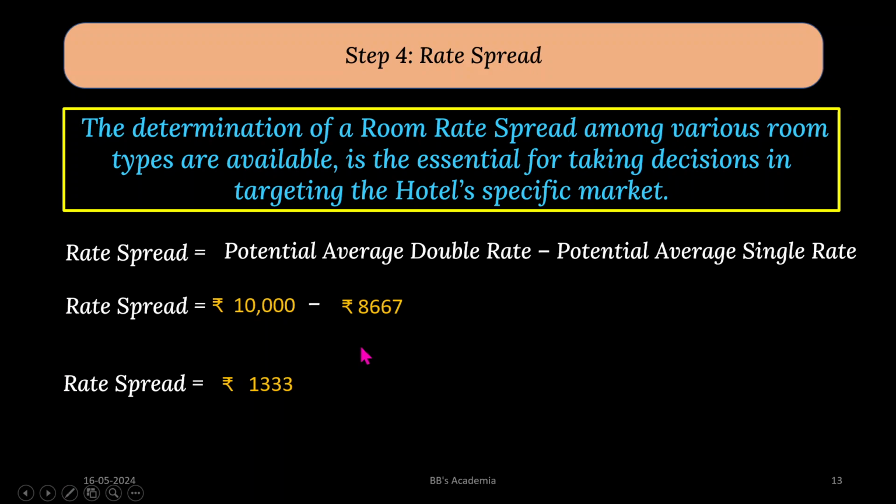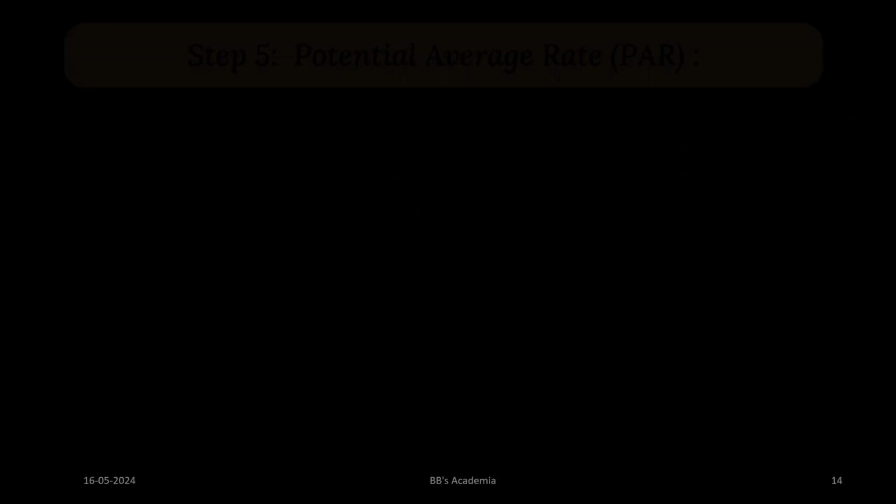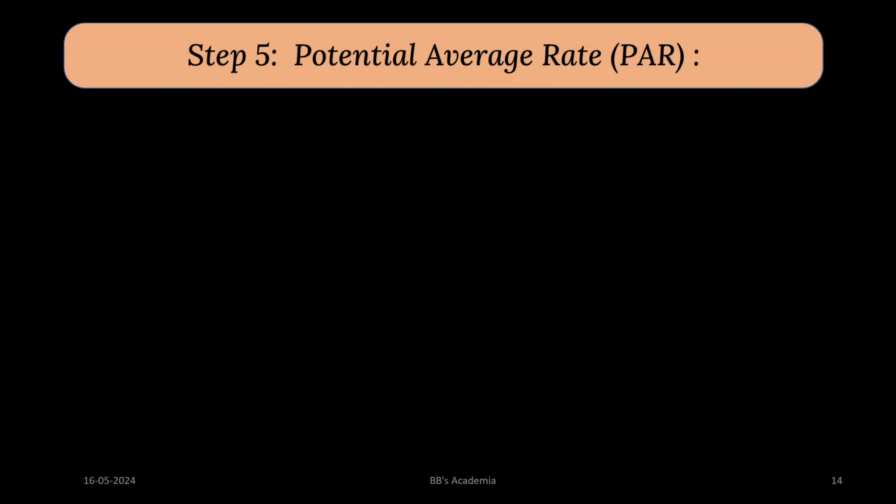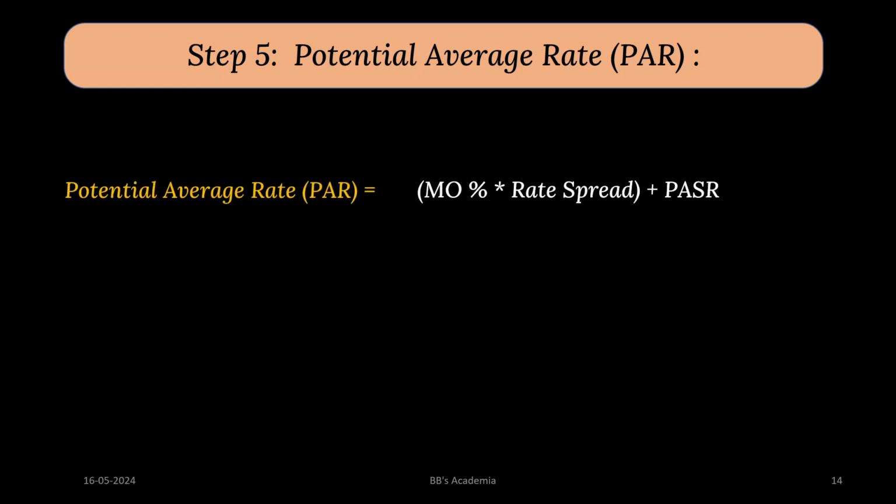Okay, so that is your rate spread. Potential average rate, that is PAR. How is it to be calculated? Multiple occupancy percentage multiplied by rate spread plus PASR. We have all the figures in our hands now. The occupancy percentage is 0.83 multiplied by the rate spread,